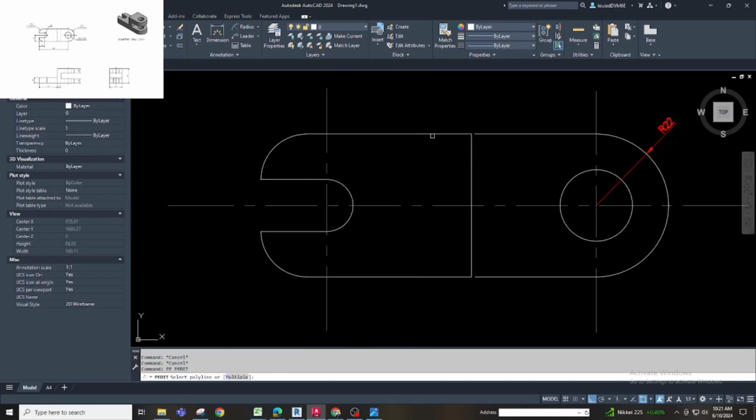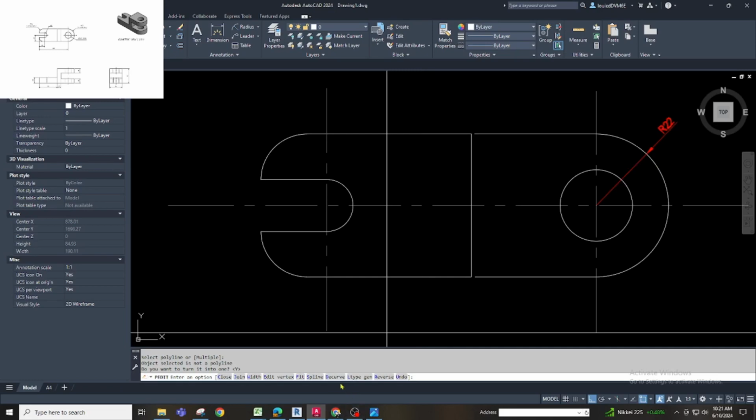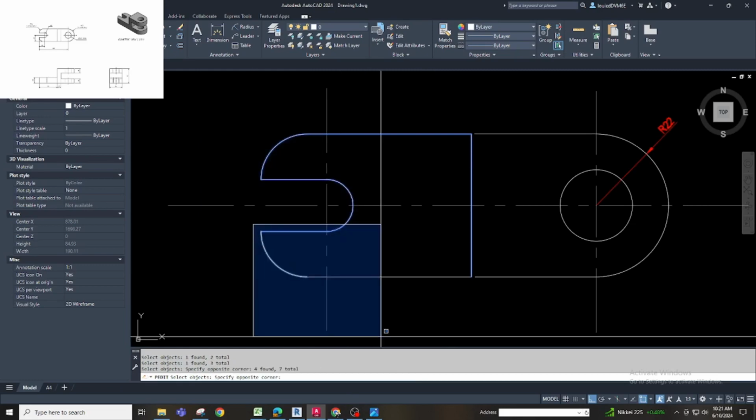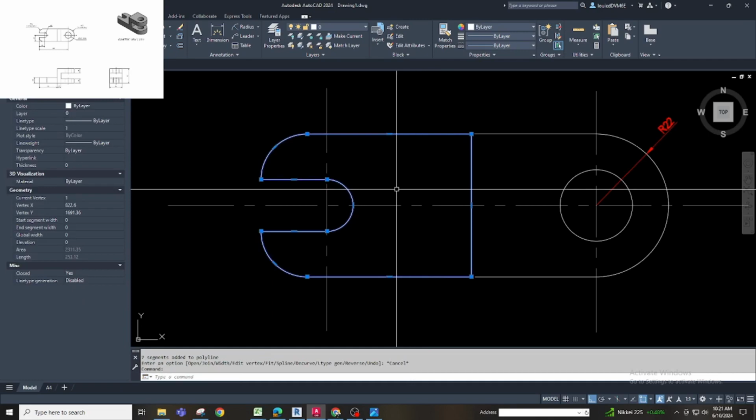Edit this one, select this one, enter J, meaning join, and select all the lines within this part. Now you have a polyline.